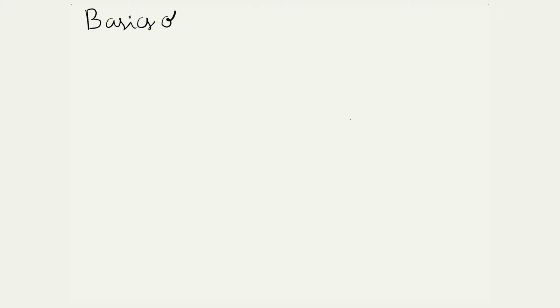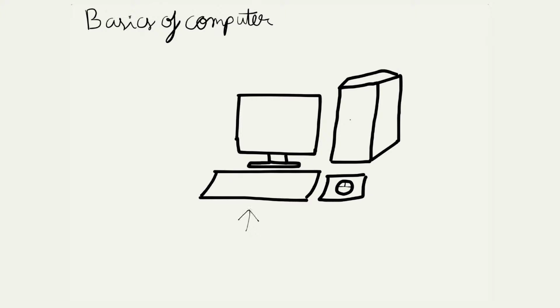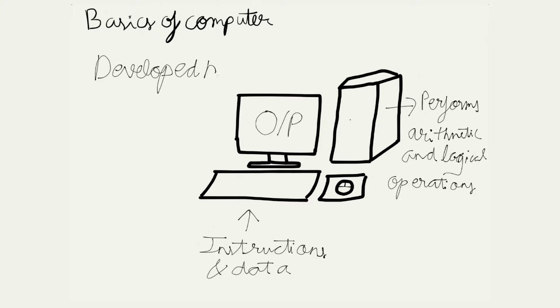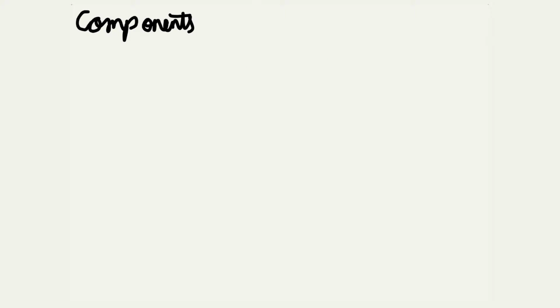Let's start with the basics of computer. A computer is a device that takes instruction and data. It performs arithmetic and logical operations and produces an output. It was developed by Charles Babbage. The components of a computer are